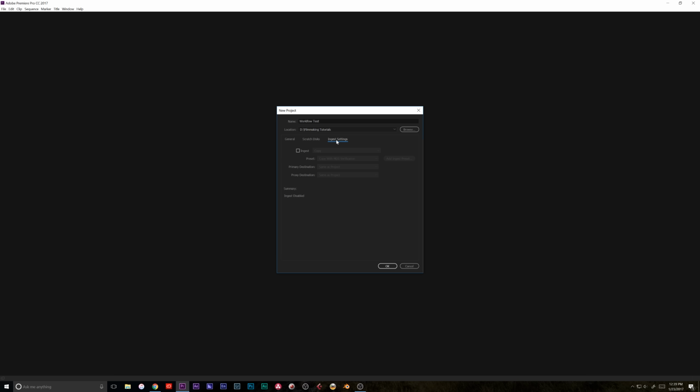So ingest settings is where we're going to do our proxy workflow. What this is going to do is any clip that we import into Premiere Pro, it's going to say, hey, do this with it, and it's going to do it in the background. So we're going to click ingest, and we don't want to do copy, we're going to do create proxies. So what this means is everything that we actually import into Premiere Pro is going to immediately make a proxy